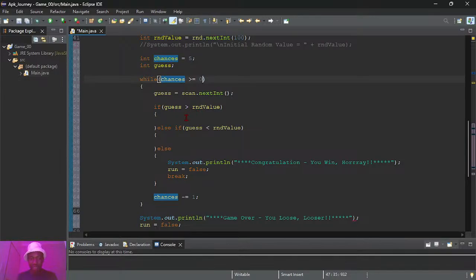If it's greater, it's supposed to tell the user to go lower. And then if it's less, then it's supposed to tell the user to go higher. And then